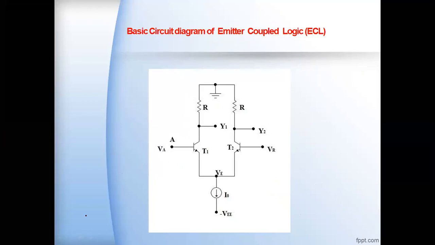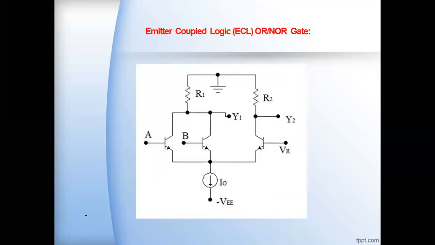Now we will see another emitter coupled logic circuit. So what is the difference between the first and second circuit diagram here? In the first circuit diagram, we have only two transistors. One transistor is the reference with the reference voltage, and the other transistor takes the input logic voltages. Now one side has multiple transistors, and the other transistor network has only a single transistor here. So now we will see the operation of this circuit.